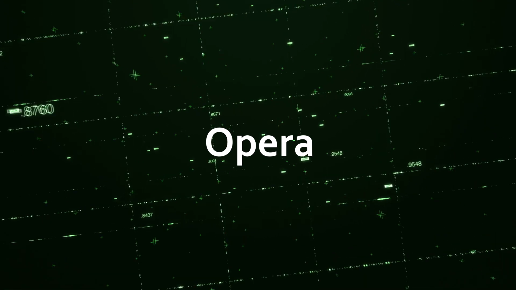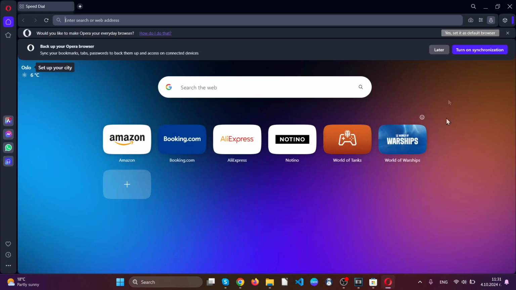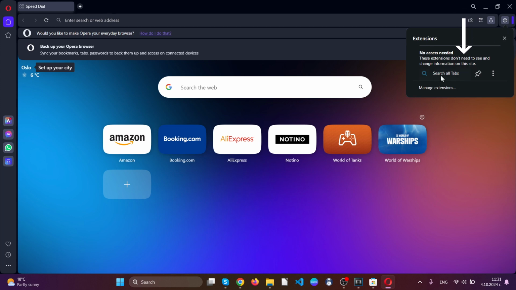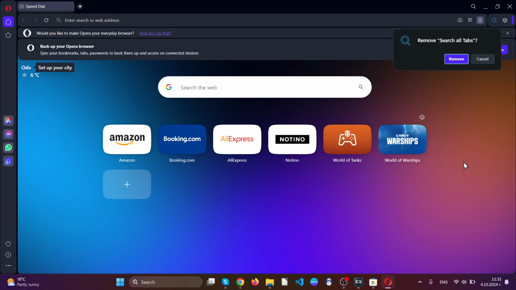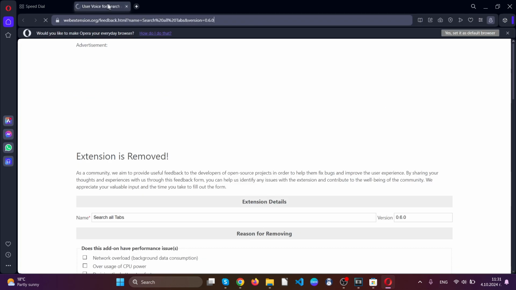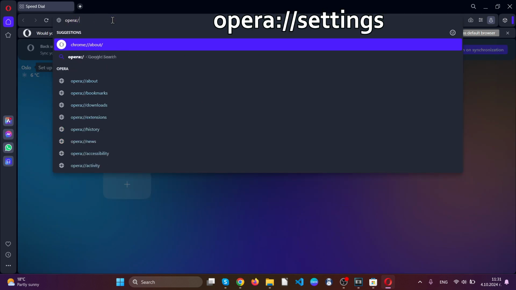Now for Opera browser, we're gonna go ahead and open the web browser. After which, go to the top right hand corner of your screen, click on the Extensions tab, locate the suspicious extension, click on the three dots and click Remove Extension. Just like with Google Chrome, go over to the settings by typing Opera Settings